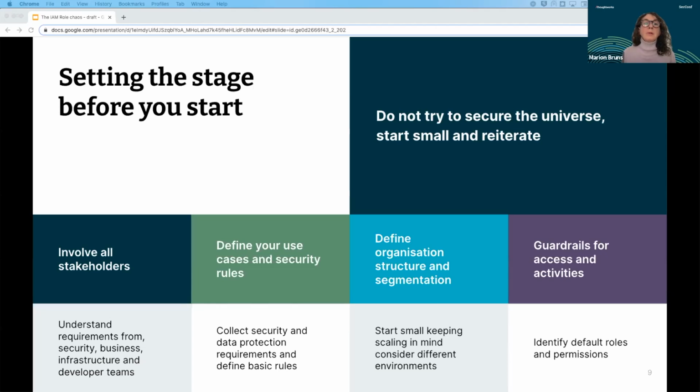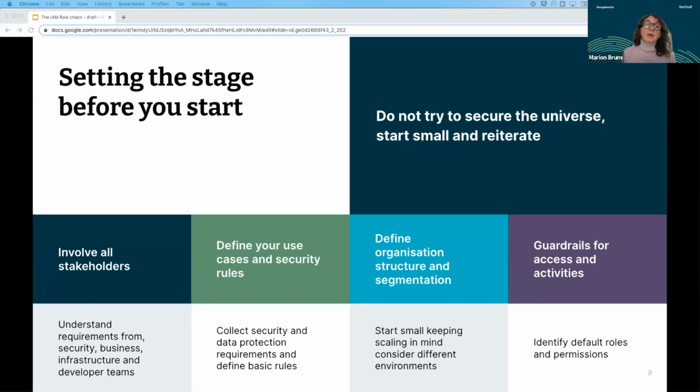As an example, if you have sensitive data which requires rigorous compliance with regard to, for instance, GDPR, you want to limit the access and deployment to specific regions in the cloud. Or maybe you need specific environments that are PCI compliant. So these are the things you have to understand before you really start.